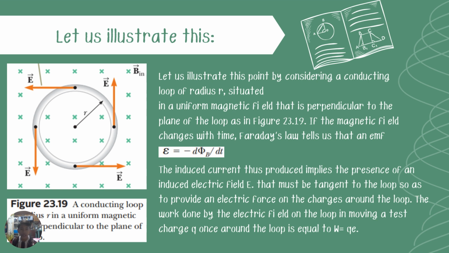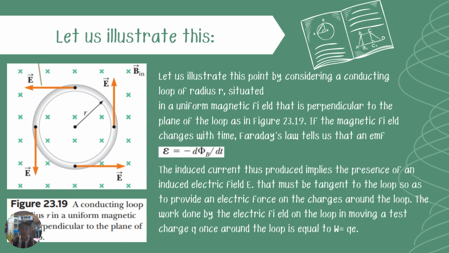If the magnetic field changes with time, Faraday's law tells us that an EMF is represented in this formula. The induced current thus produced implies the presence of an induced electric field that must be tangent to the loop so as to provide an electric force on the charges around the loop. The work done by the electric field on the loop in moving a test charge q once around the loop is equal to